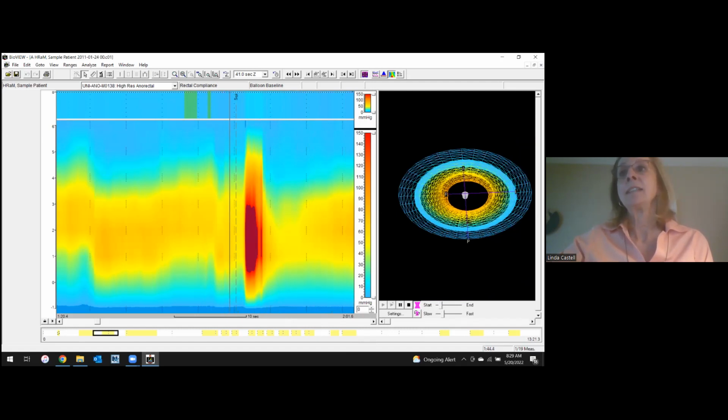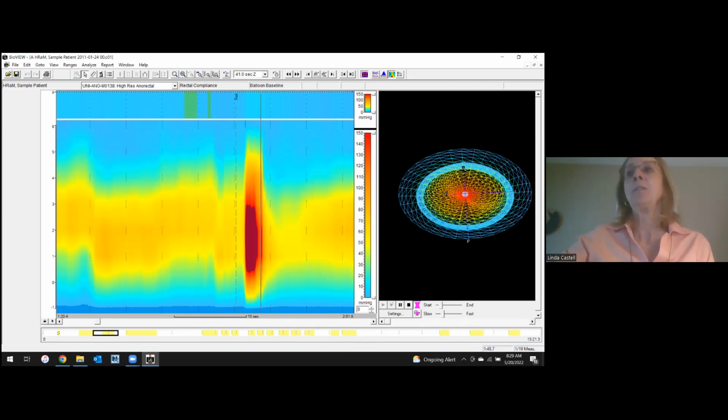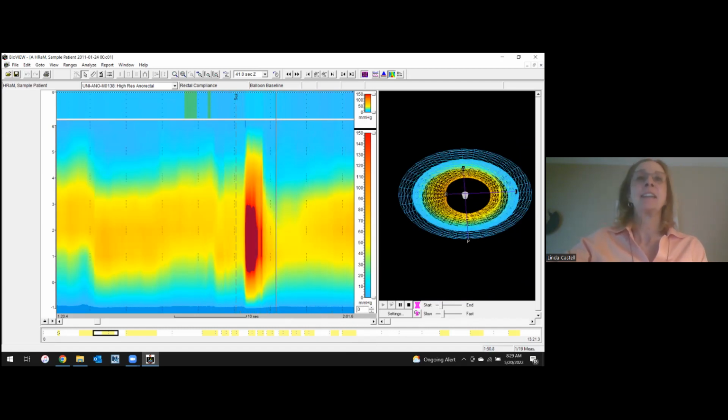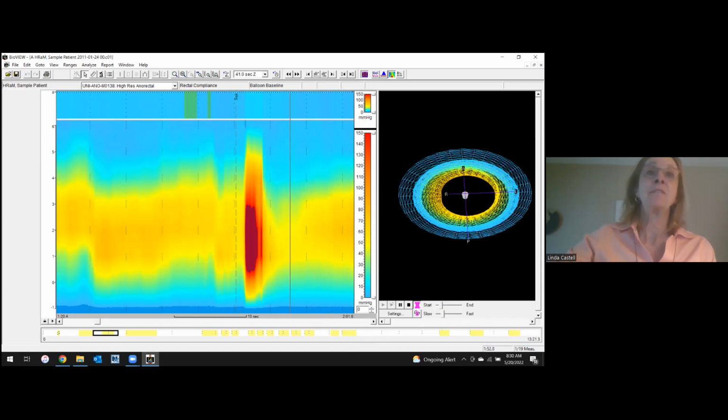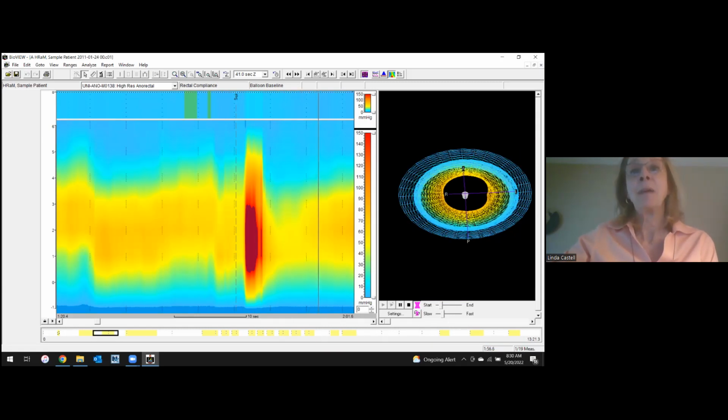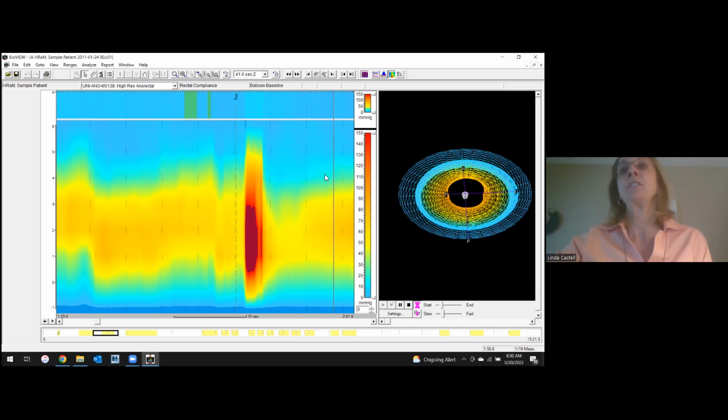So now this is at rest. Now squeeze, squeeze, squeeze until this turns really red in the middle. Just keep holding it, and now relax. So this is a really effective, visual way of doing the biofeedback. And then the nice thing about the pressure sensor as well is when you do